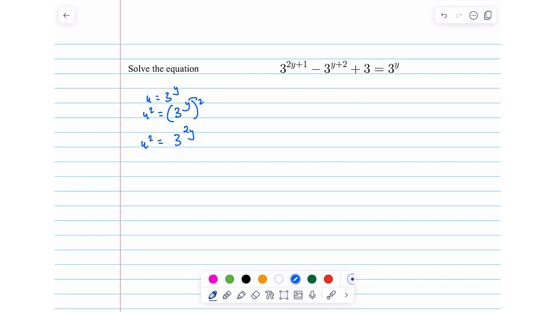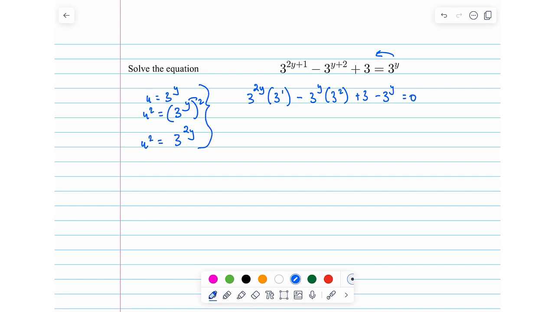Now let's tidy up this equation. We've got 3 to the power of 2y. If we multiply it by 3 to the power of 1, you can see there that we would just add the indices and we end up with 2y plus 1. Same goes with the middle term, 3 to the power of y times 3 squared, because we would be adding the y and the 2 and we end up with y plus 2. Then we have a 3. Let's bring that term over, minus 3 to the power of y equals 0,